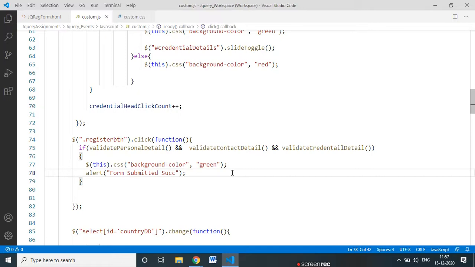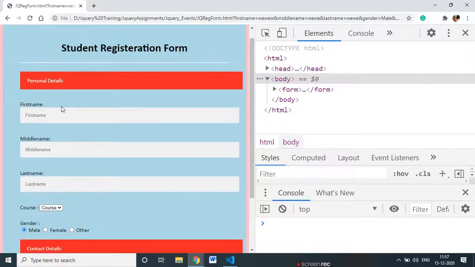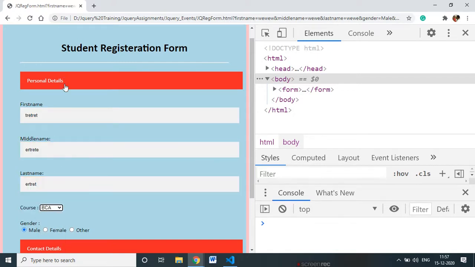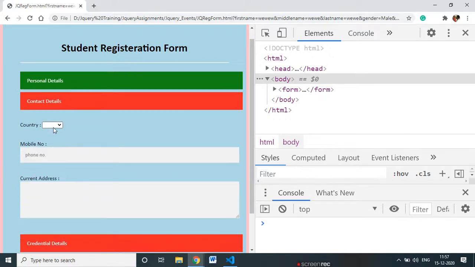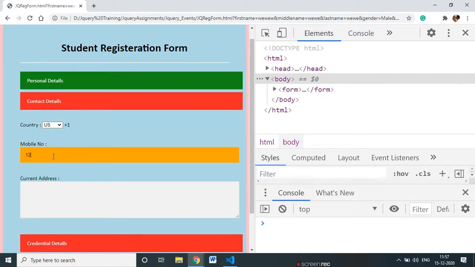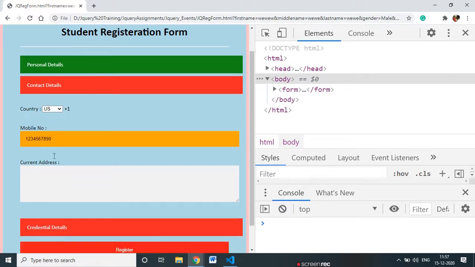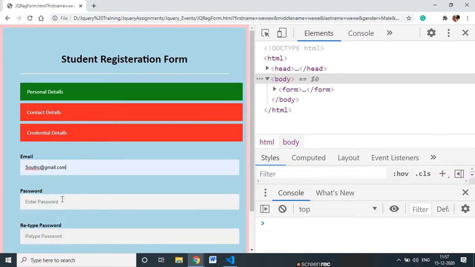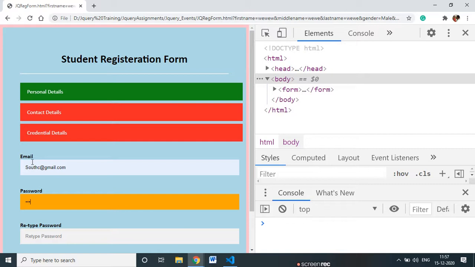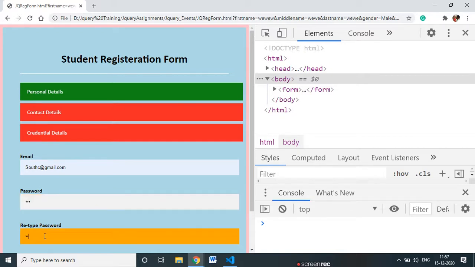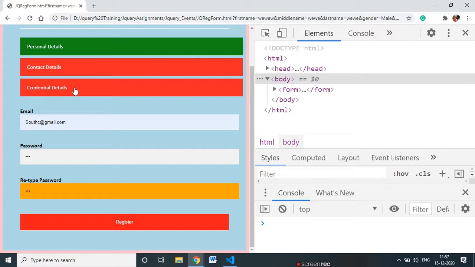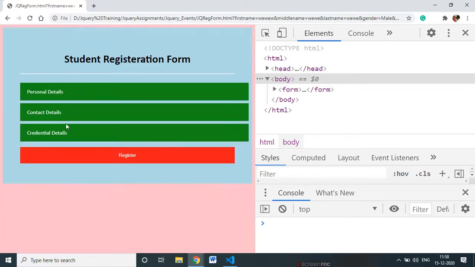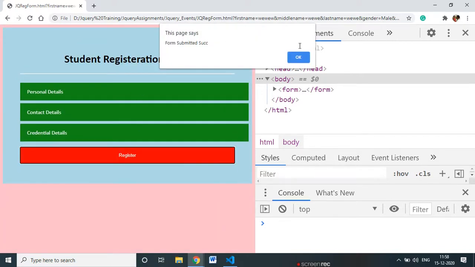Okay, so now refresh. If I enter correct details here, here, here, and here, I collapse, expand, collapse. Now here enter correct details, 1 2 3 4 5 0. Now I collapse this, then here, see 1 2 3. Actually this color needs to be green, this contact data. I need to change the code for that. Contact details I have entered correct. Here correct, now all this thing. Once I click here, form submit successfully.